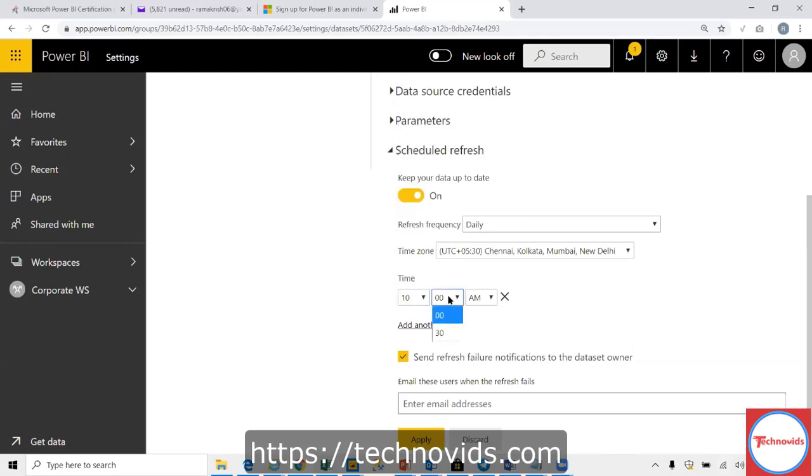You can see here 30 minutes is there, right? Half an hour. And if you have something called a pro license, you can set up 48 times actually. 24 hours, right? 48 times. If you have a free license, you can set up only 8 times or so. And if you have another license, the premium license, you can set up any number of times, I think. You got it, no?